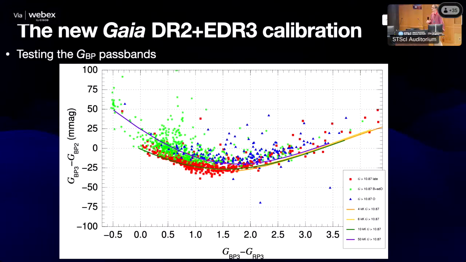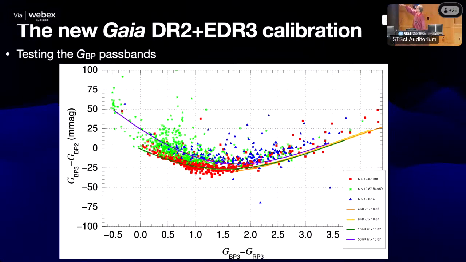And indeed, if you do this now with the stars of different colors that are all faint, you can see blue stars there are O stars, green are B and subdwarfs, and the red ones are A and F stars. So you can see that there is a trend. So you can use, in a sense, BP DR3 minus BP DR2 to get a measurement of the Balmer jump, just from photometry, no spectrophotometry included.